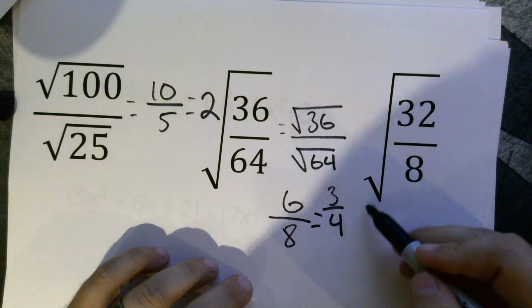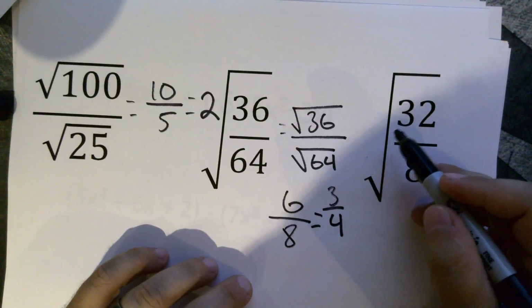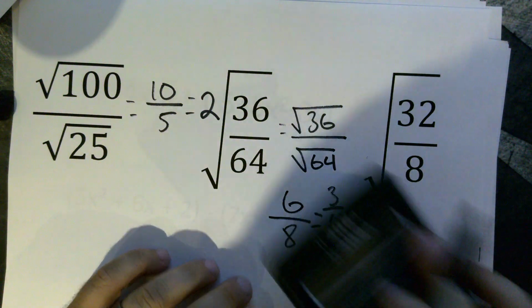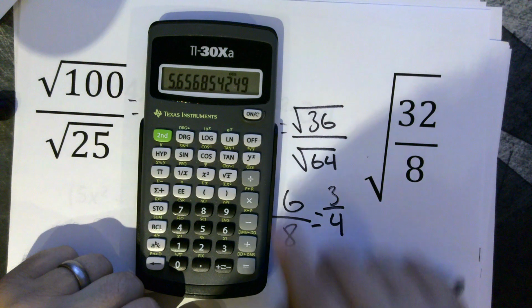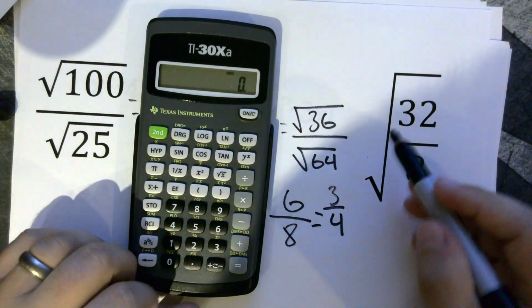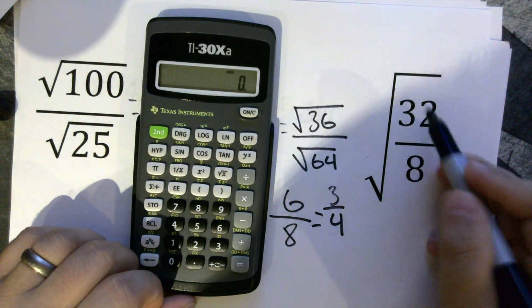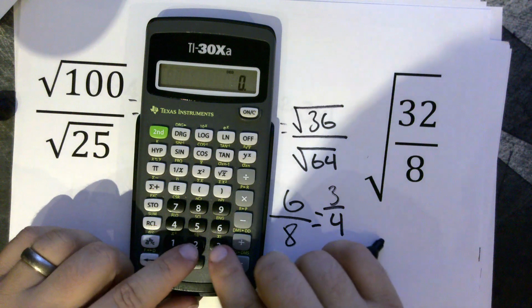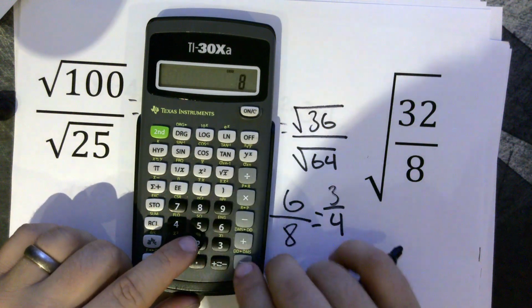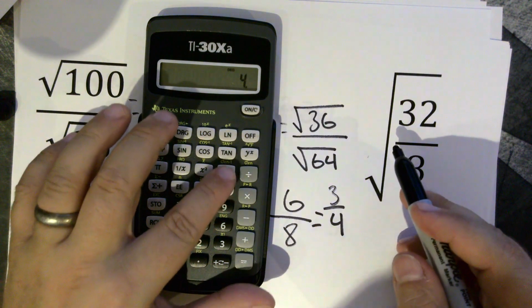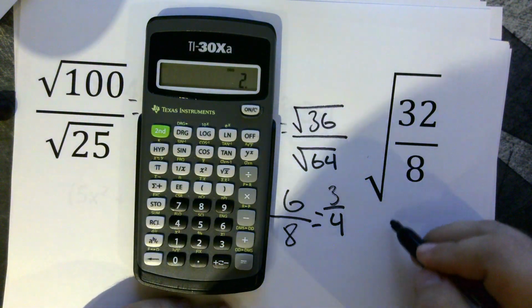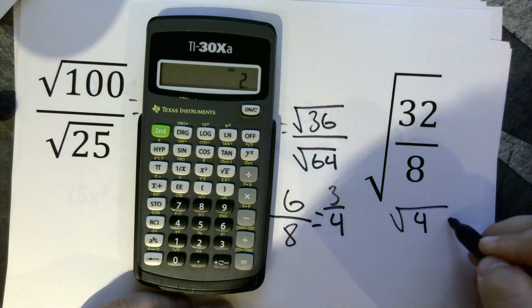Okay, now that isn't always going to work. So if I take the square root and I put it on the 32 and the 8 like I did in my previous problem, it's going to mess up. So instead, why don't we divide it first? Let's see if we can get a perfect square out of dividing it. 32 divided by 8 is 4. Now we can take the square root of it. It's actually going to be 2. So square root of 4 equals